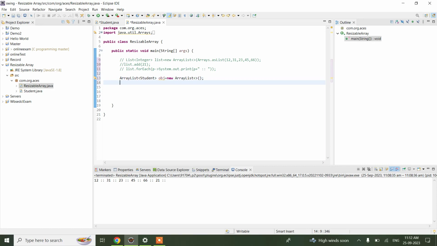Now let me instantiate this student object with some values. So obj, okay, not obj. So we'll be having some values inside this obj using this student. So student equals to new student. So it will be obj dot profile. So obj dot add new student,